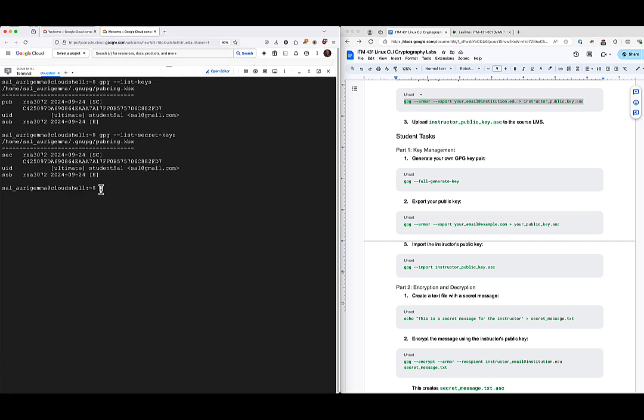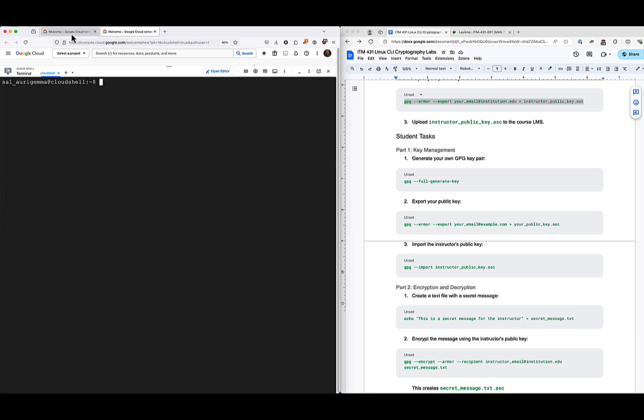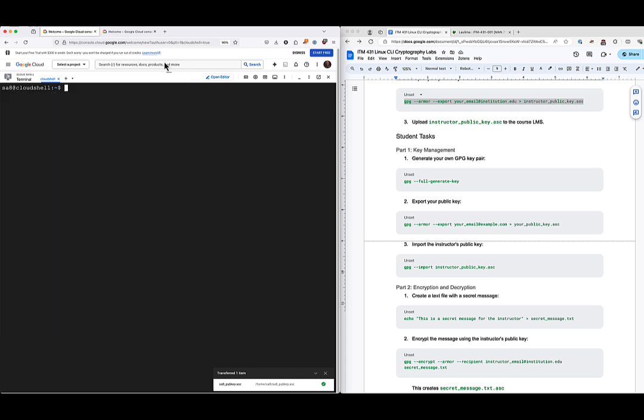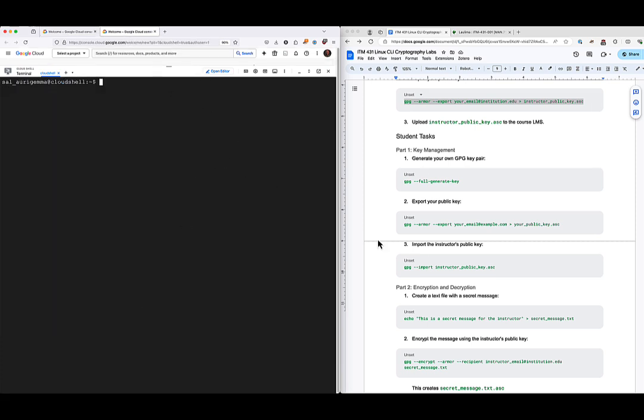So I can just do a quick tree. Oops. And you'll see that, oh, where did it go? Oh, that's because I didn't do any exporting the key, so it didn't get there. So that's okay. Clear. Come over here. Clear again. Right now, I'm back on my student key, and I am going to